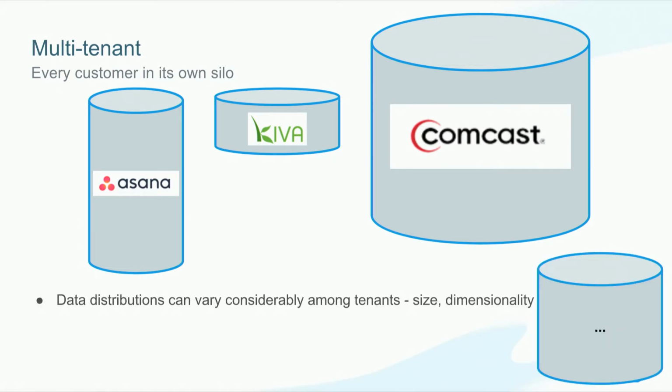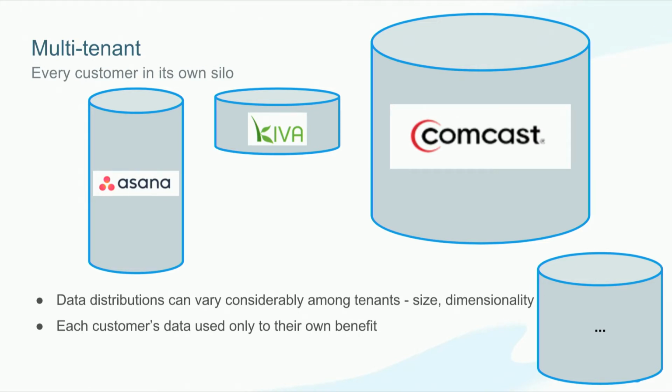data. And the other thing about the different customers is they can vary considerably, both in size and scope of the data and dimensionality. So you might have a nonprofit like Kiva, which has a very, very different business process than someone like Comcast or Asana. So there's large differences in the amount, the shape, the scale of the data that we're dealing with. And like I said, we only use a customer's data for their own benefit. So if we're building a machine learning model, we're building it with that customer's data to make predictions on that